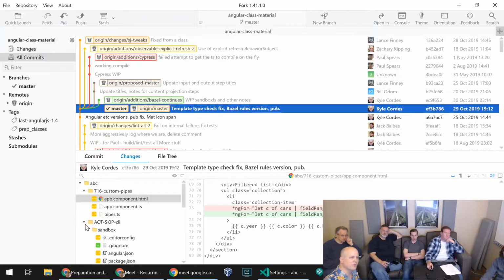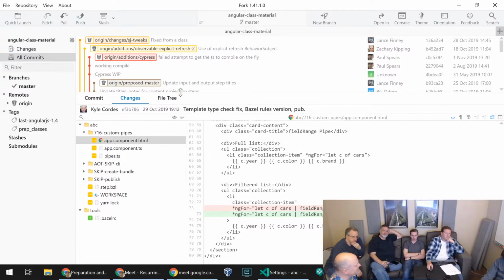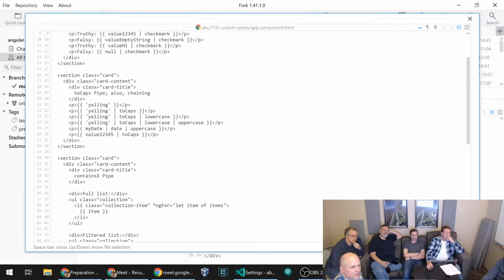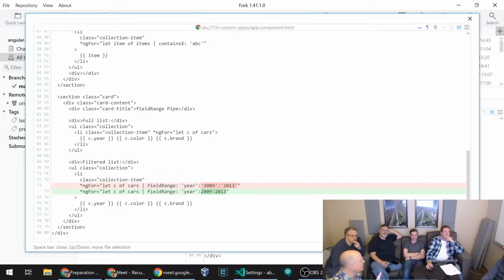And so in the process of working on some work that's not merged yet, it's not in here yet, but the work is to make sure everything compiles cleanly on Angular CLI 9 with Ivy, which is going to land shortly. This is the only example that we teach with that did not already compile cleanly with Angular 9 and Ivy and full template type checking. And so I made a minimal set of changes, including a use of the any, to at least get it to compile cleanly, and figured that as full template type checking gets adopted more, we'll probably have many conversations here about tightening up our